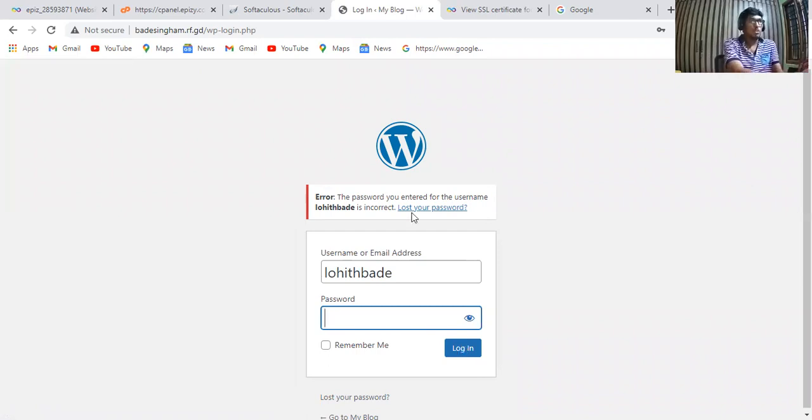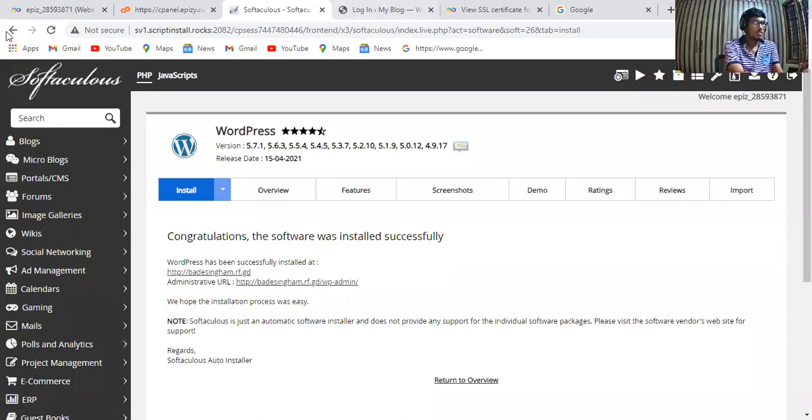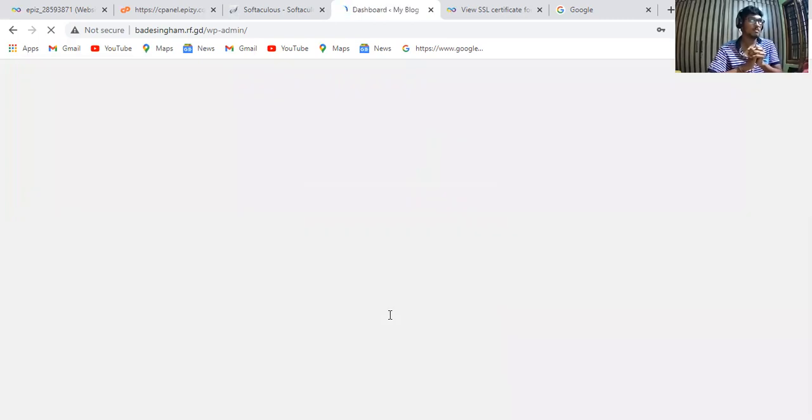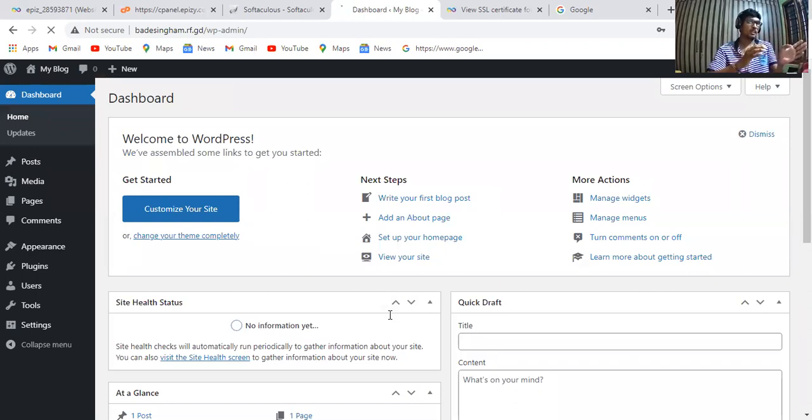I'm going to show you here only. Let's wait, all of you. Let's wait. See, finally, my dashboard has been launched in the InfinityFree.net only.